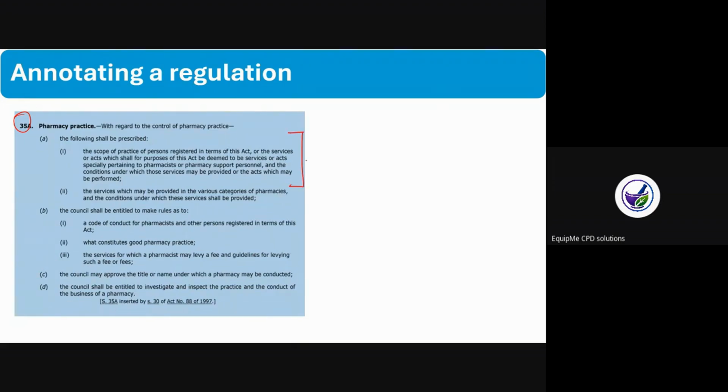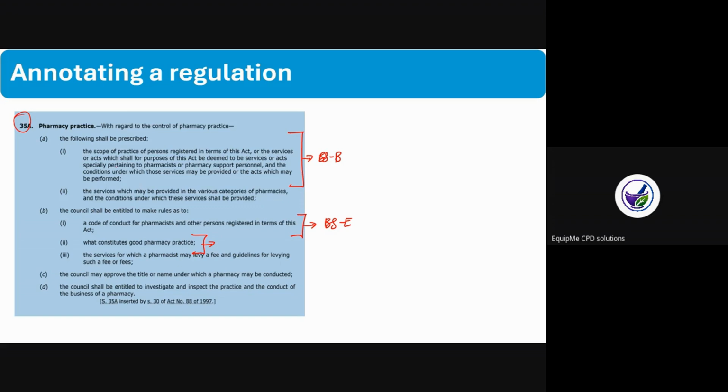For example, here, you can link this to behavior statement B. Then apply the requirements, like I said. Here, it speaks of the code of conduct. Code of conduct is linked to behavior statement E. Then you apply the requirements, like I said, with this one, how you can go ham here. It speaks about any other activity that you can link the regulation to that a pharmacist can do.